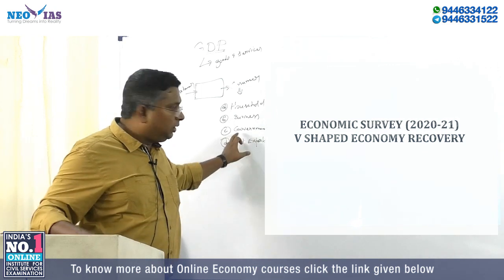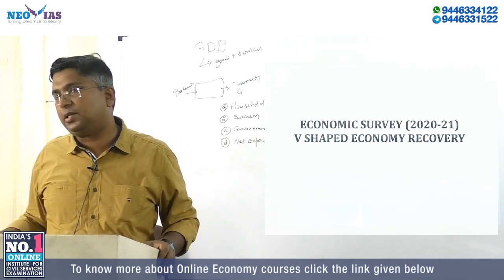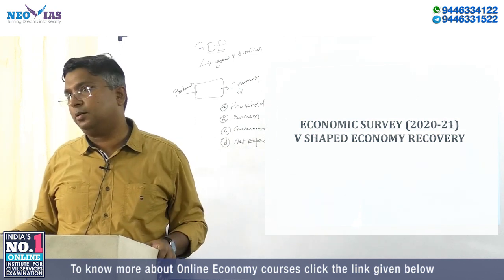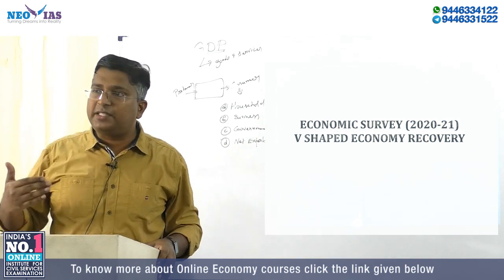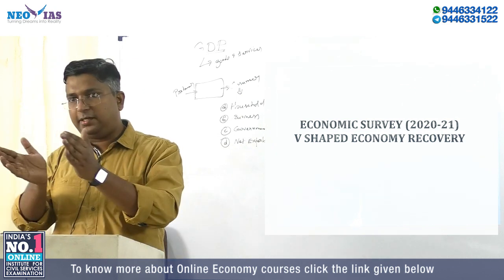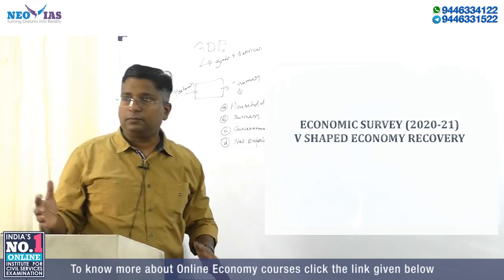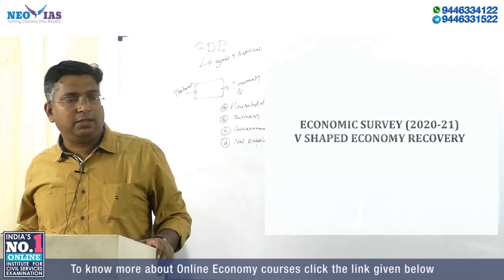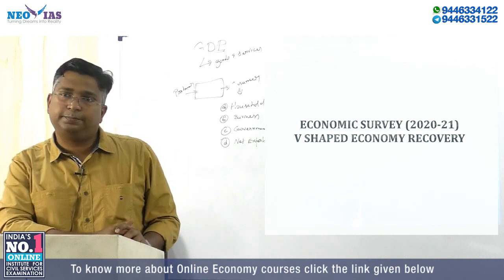Then the government also makes many expenditures. We have seen it in the public budget class. Every government, central government, state government, etc. And finally, net export. Net export means export minus import, that is, how much we export and how much we import, the resultant one. If we add all these four, we'll get the GDP value. This is one method of calculating GDP, how we had done it from the demand side.